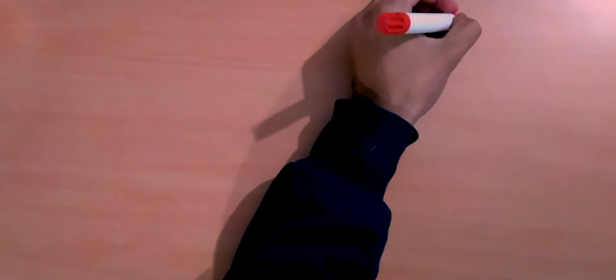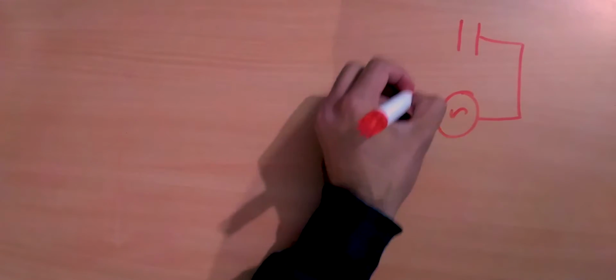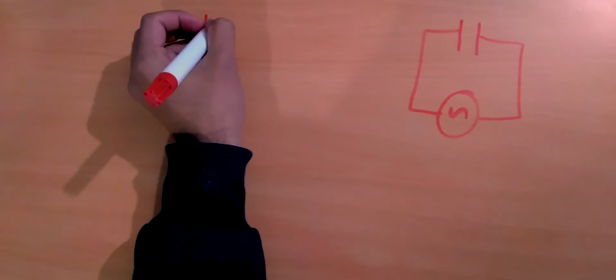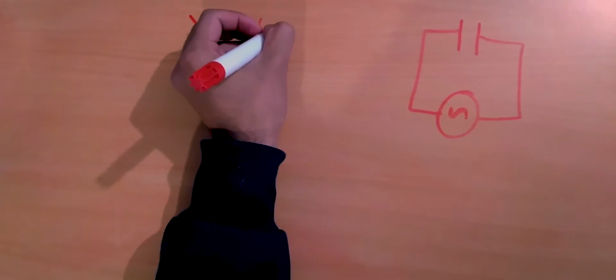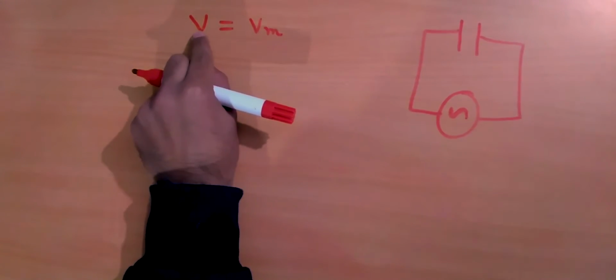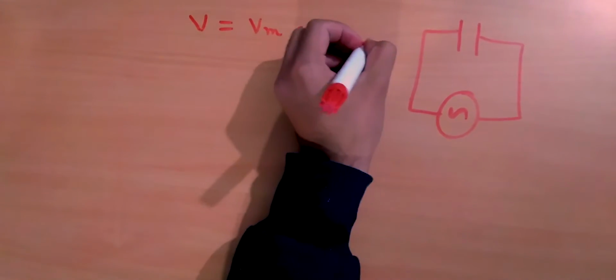In the previous video, we had a look at the mathematical aspect of what happens when an AC source is connected to a capacitor. So here I have the capacitor and here I have the AC source. And in this particular video, let us have a look at the intuitive side of all those mathematical equations and everything we derived in the previous video. So to begin with, this is the equation that gives us the voltage at any instant in time, and we know that the voltage at any instant in time equals the peak voltage times sine omega t,